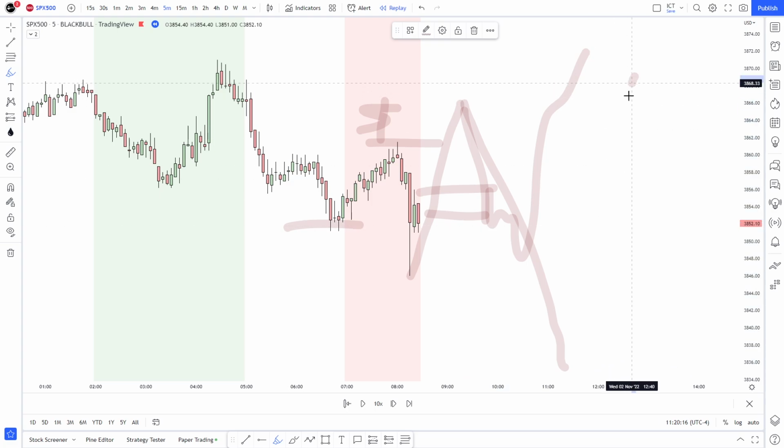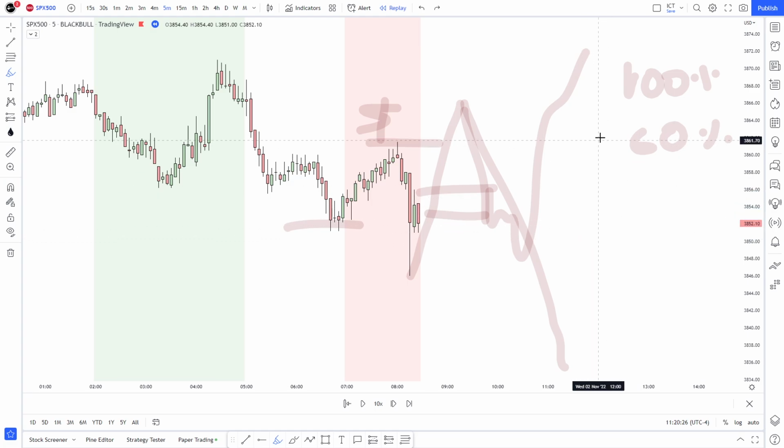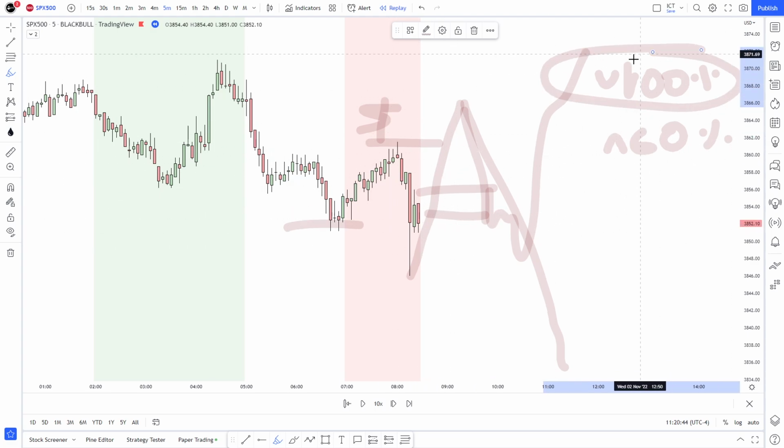Because as an example, I'm 100% convinced of taking sells. 60, maybe 70% convinced of looking for buys. So even if I have the 5 steps to buy, I'm going to be very careful with it. Might take half the risk and might completely avoid it. So if sells show up, I'm 100% taking them, of course, again, as long as the 5 steps are there. And if I see the buys, I don't know if I'll take them.